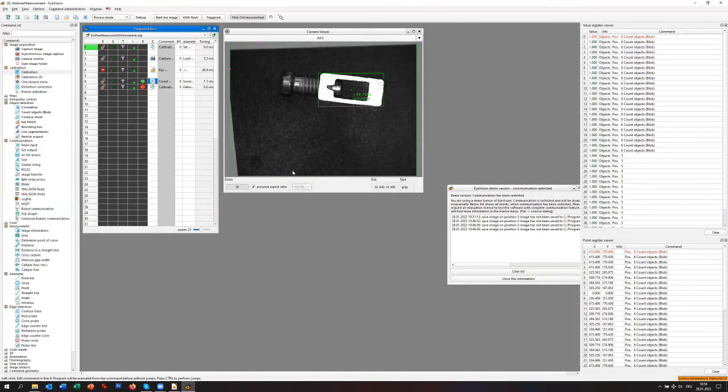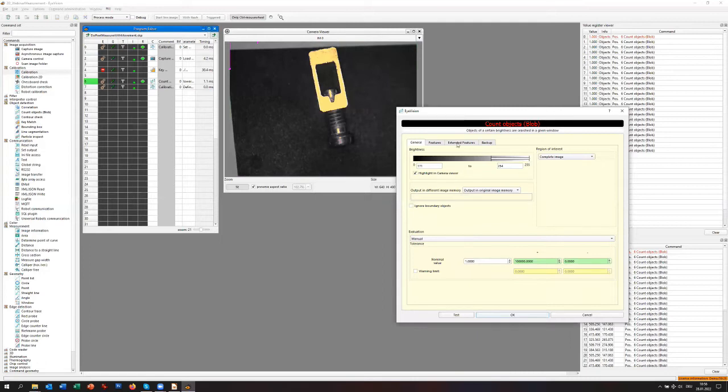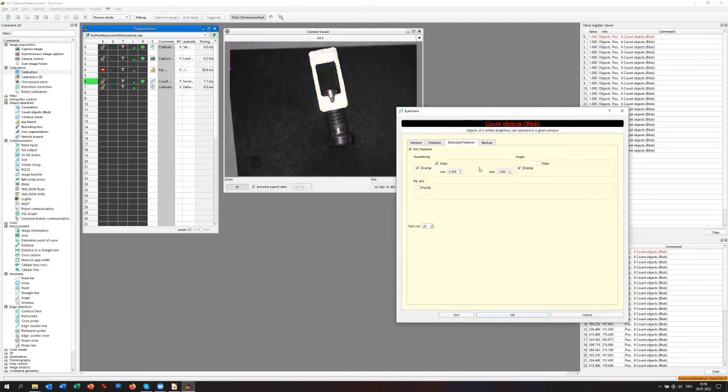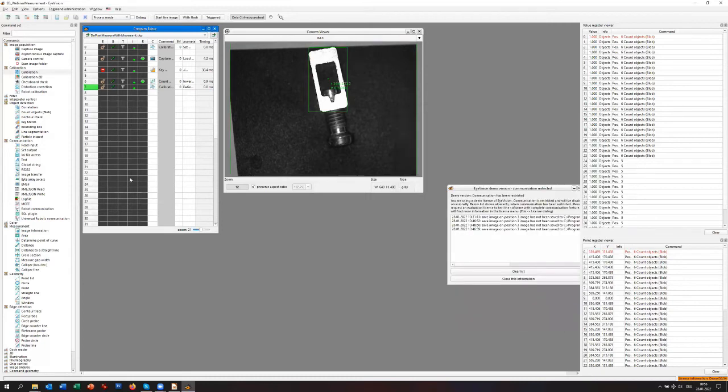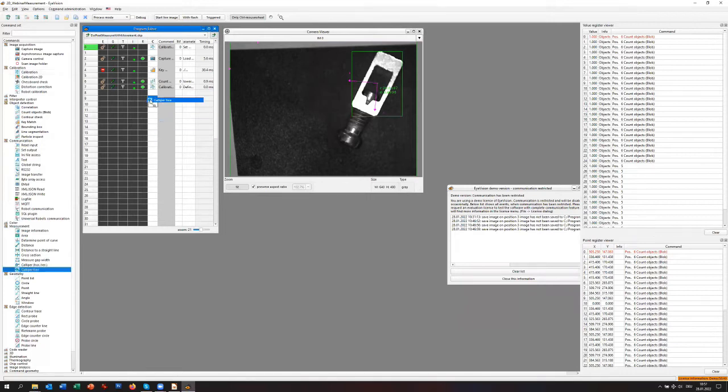We still have to adjust this one here. External features, display, angle, display filter. Don't need the filter. External features. Save object, point list. We want to have external access. We want to sort it. And okay. And the number of objects. Okay. So, and if we now use the caliper,